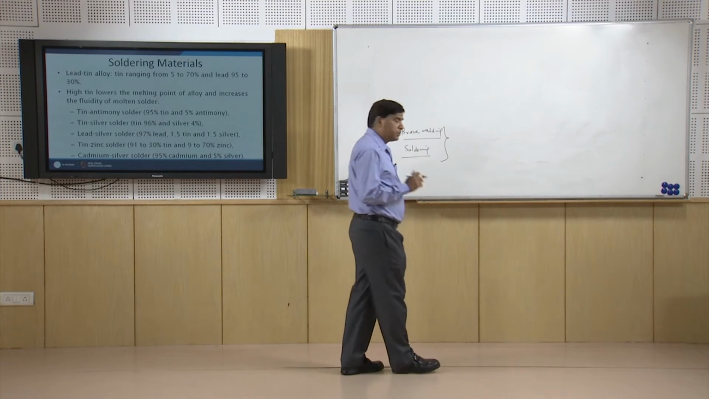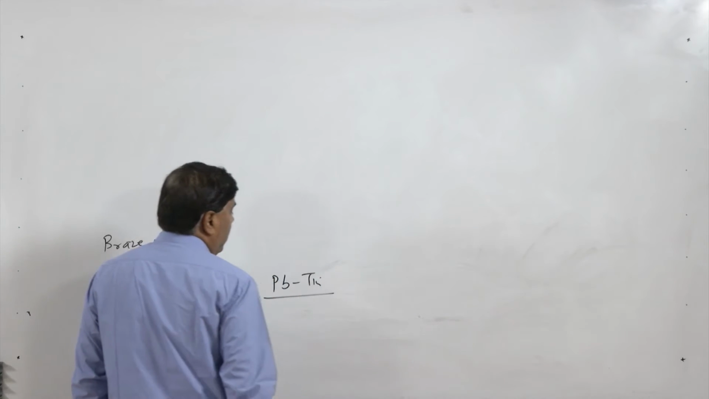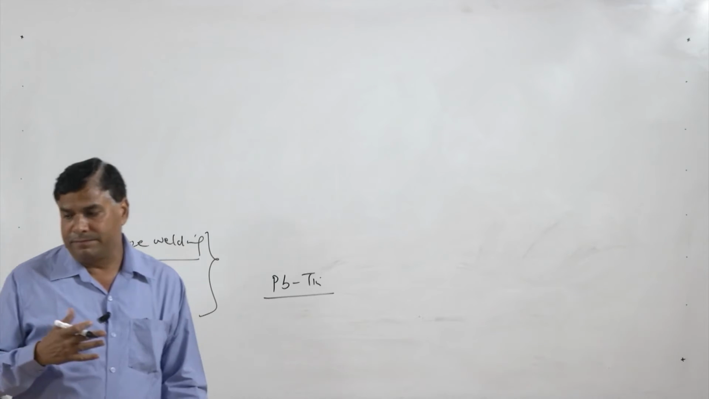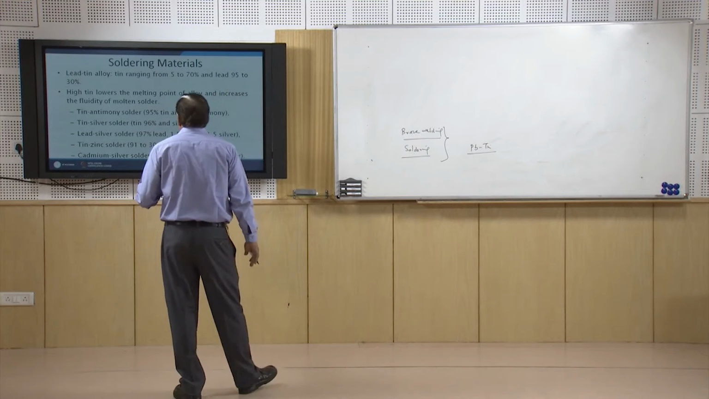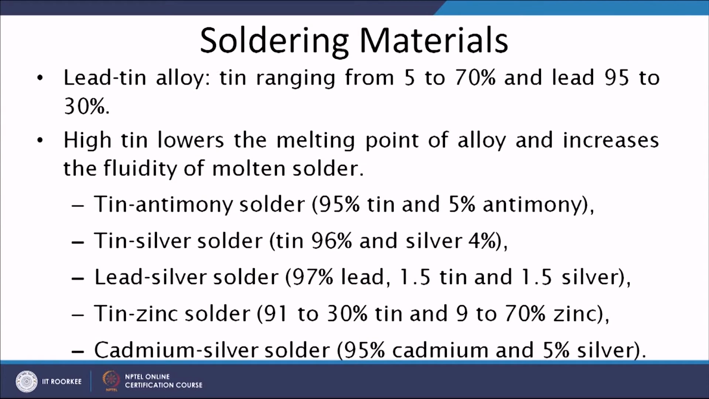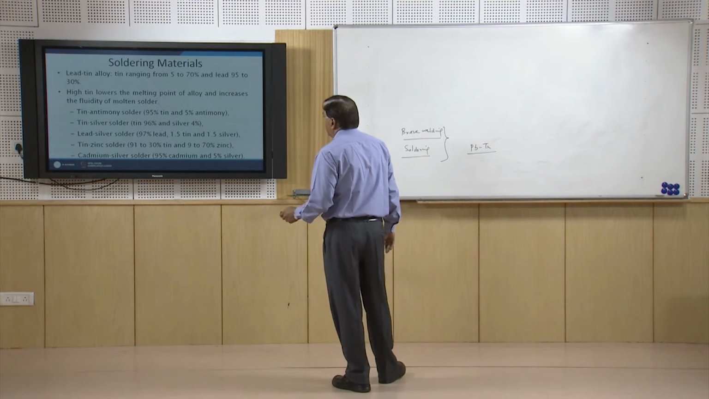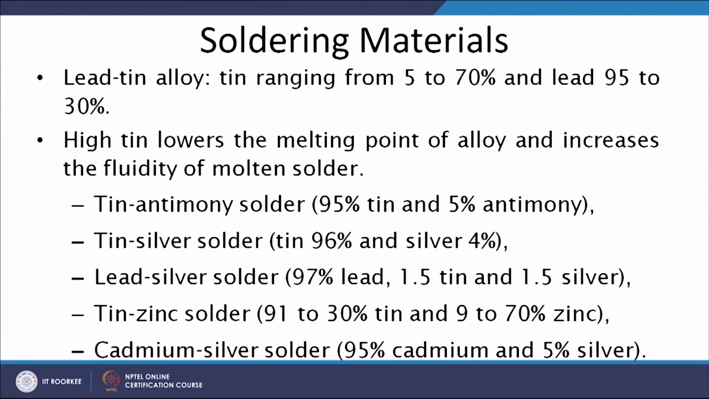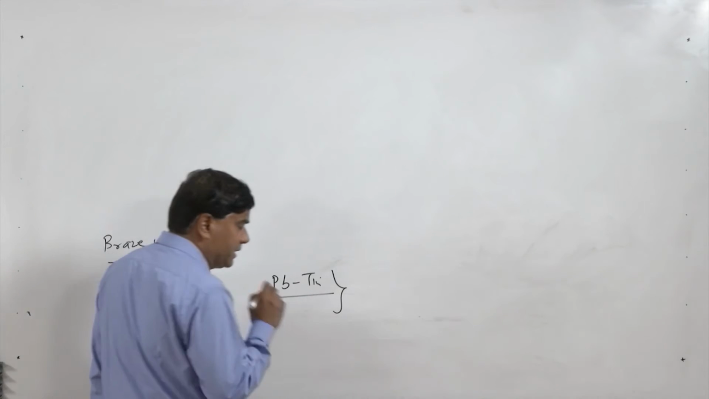The kind of metal systems used for making solders is the combination of lead and tin, and different amounts of lead and tin are used for developing the solders. For example, tin ranging from 5 to 70% and lead 95 to 30%, which means varying amounts of lead and tin are used in these systems. However, high tin lowers the melting point of the alloy and increases the fluidity. So, tin is good in that way, it lowers the melting point of the solder and improves the fluidity, but